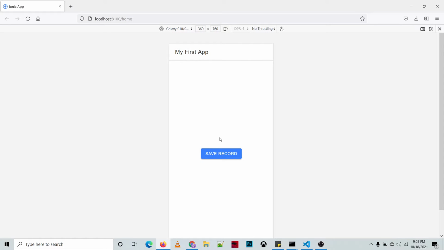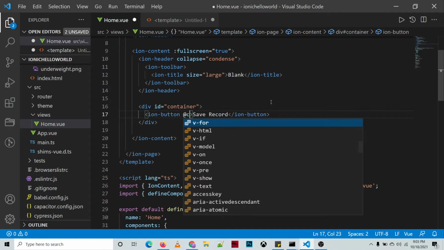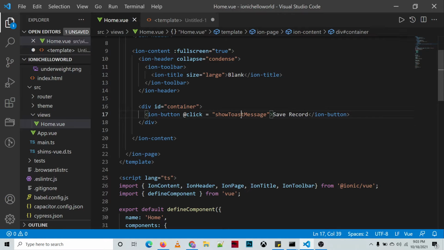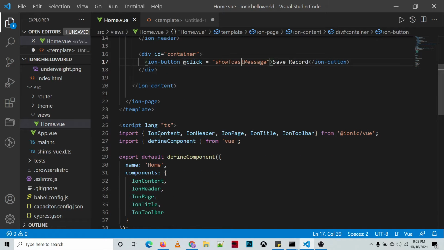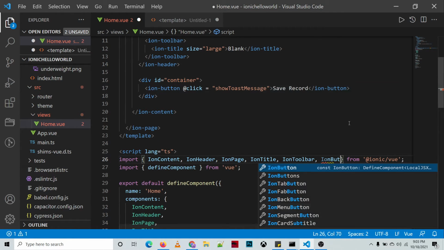So we'll be adding the onClick method for this button, or onClick event. So @click is equal to showToastMessage example, and then in our view we'll be adding the IonButton,